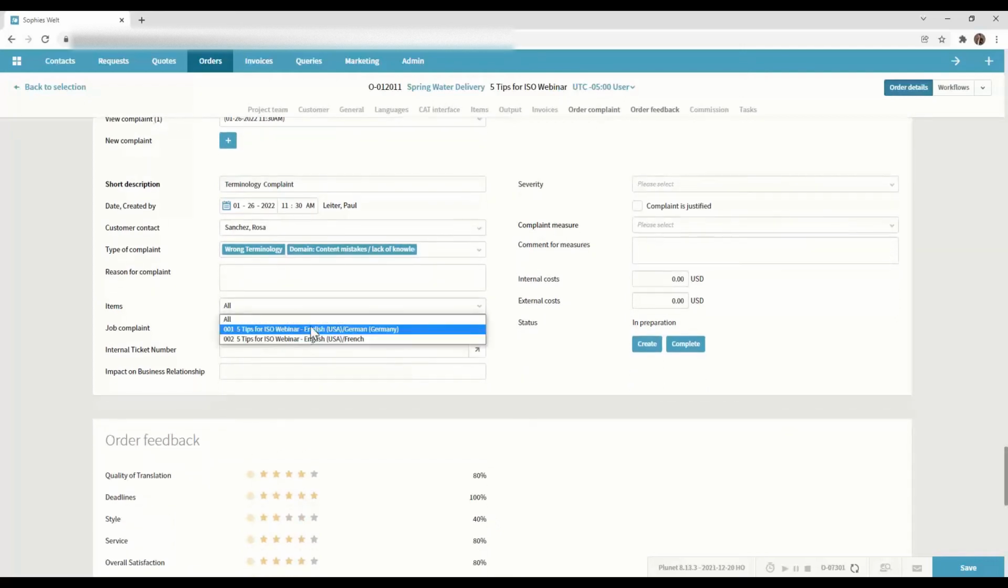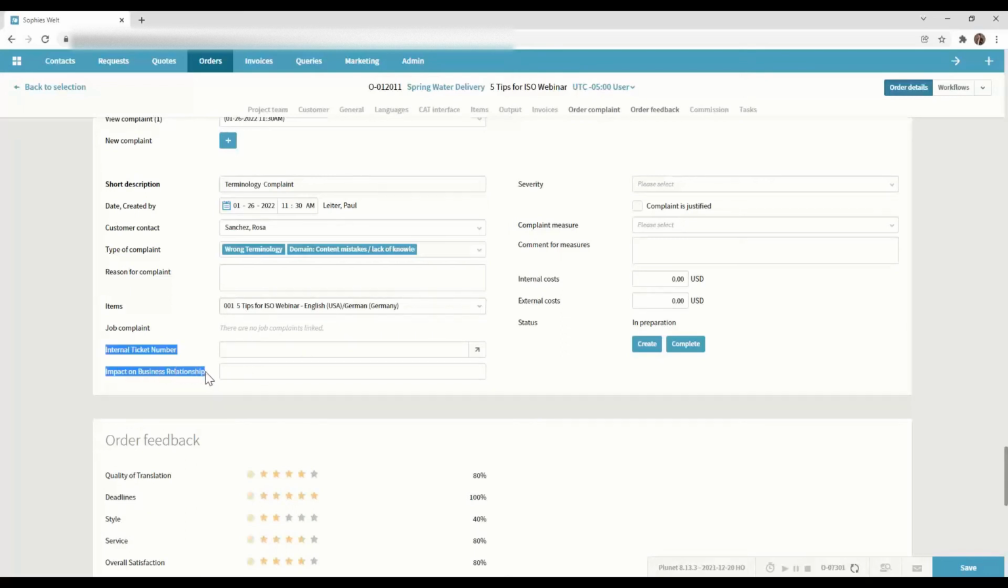Then you can also add the item. So this complaint maybe was only for German, as the German translator, Sophie, who did that. And then these here are completely customizable text module fields that I added to the system. So for example, if you have an internal tracking, you could have that in there. Or if you want to track something like the impact on the business relationship, because maybe you actually,